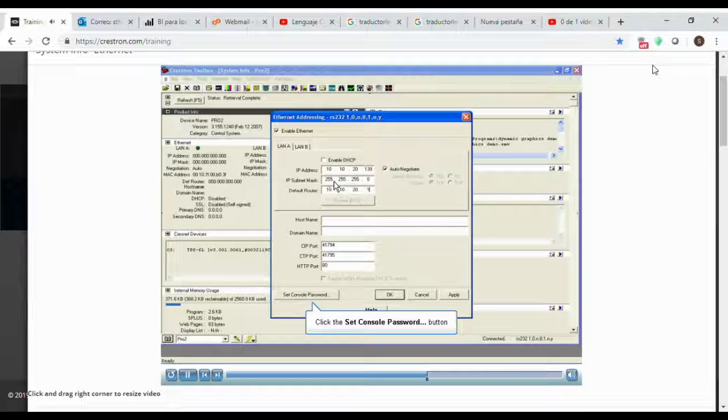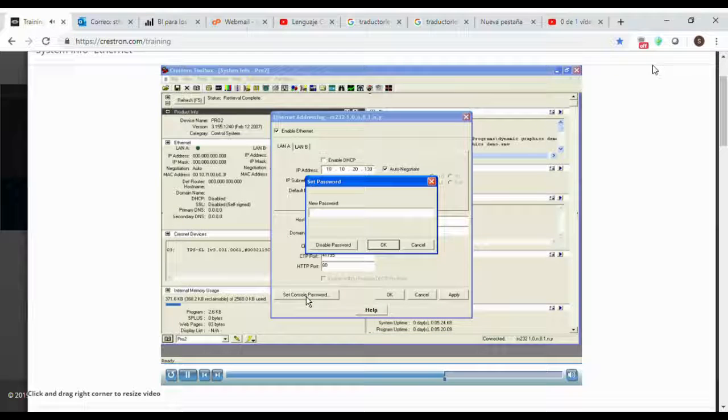One other step you can do from this window is to set a console password. This will prompt anyone who tries to connect using the IP address for a password before they can get in and change anything. If you are connected serially, we assume you are supposed to be there and therefore do not require a password. Also, if you don't know what the password is, you can change or disable it if